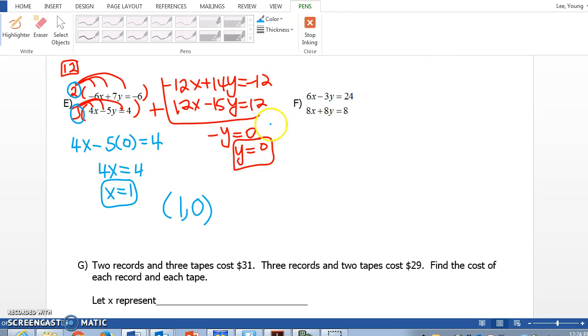Okay, let's try F. So for F, what should I do? They're written in the form that we want. Now we need to make them opposites. So we need to make 6 and 8 into opposites, or 3 and 8 into opposites. There actually is more than one way of doing it. This time I'm going to make the y's into opposites. So what do I need to do to make 3 and 8 into opposites? What's the